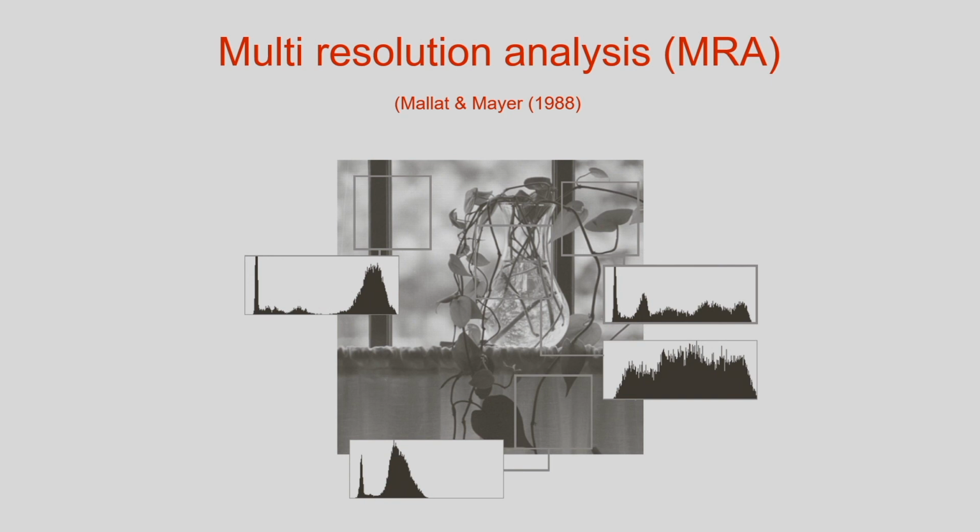Suppose I consider a low contrast region in an image, that I have to analyze at high resolution. And if I consider a small object in an image, that I also have to analyze at high resolution. But if I consider a good contrast region, I can analyze it at low resolution. And if I consider a big object in an image, I can analyze it at low resolution. That is the concept of multi-resolution analysis.